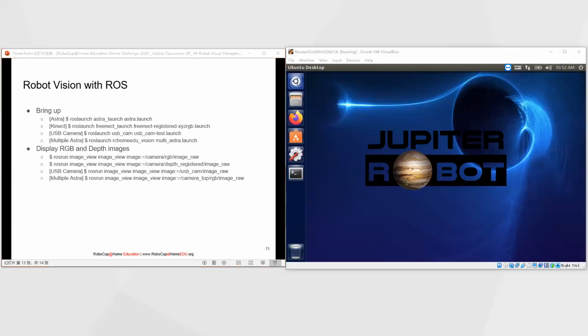Okay, thank you, Professor Jeffrey. Before we use the USB camera in the Jupyter Robot VirtualBox system, we need to mount the device to the VirtualBox. First, we need to check whether we have the USB camera. For now, I use this computer, and I have plugged two more USB cameras into